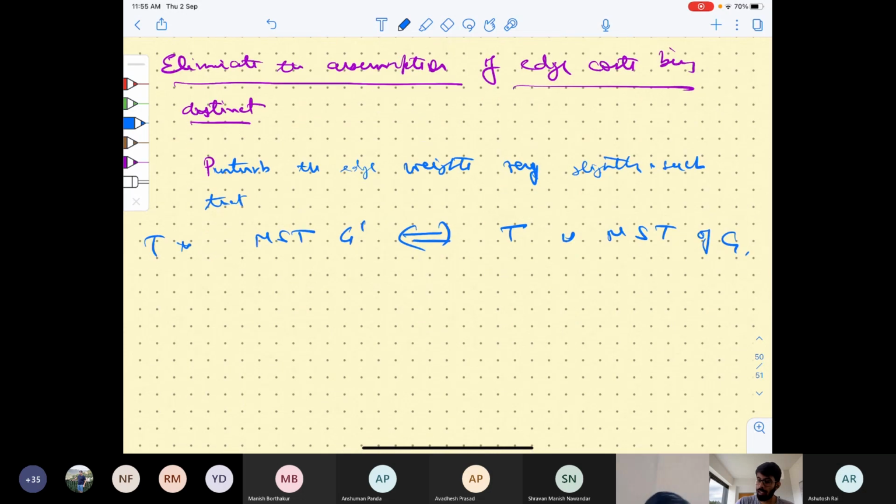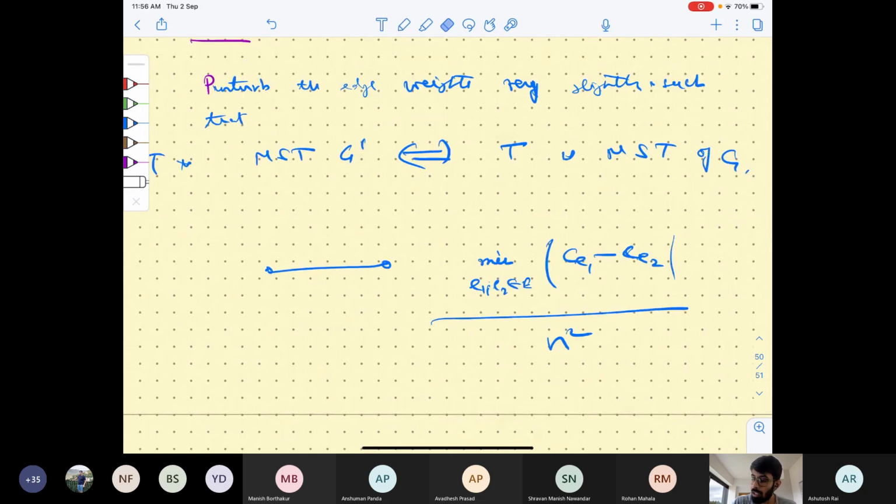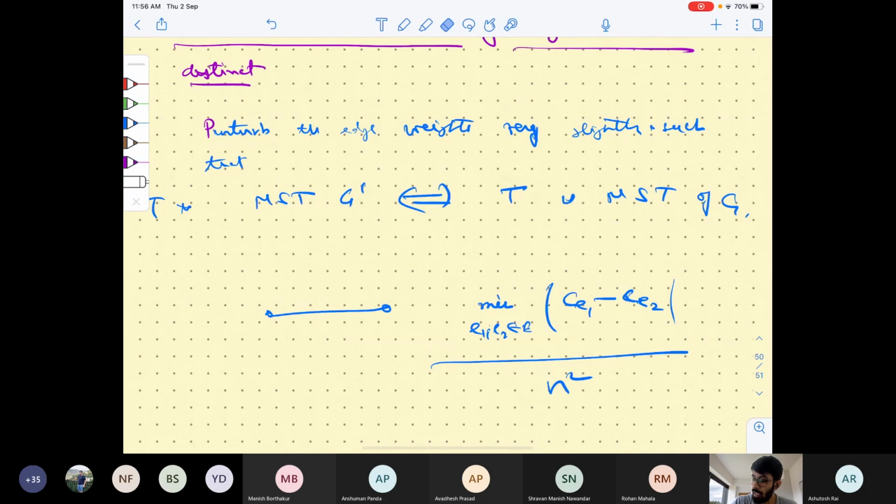And how can you do that? You take the weights of the edges. So look at the quantity that minimizes the absolute value, let's say: minimize over E1, E2 in E the absolute value of cost of E1 minus cost of E2, and then you divide this by n squared or something, and then add some 1 times, 2 times to it, or remove 1 time, 2 times, such that if you look at any MST of G, then you go to G prime and that remains an MST of G prime,